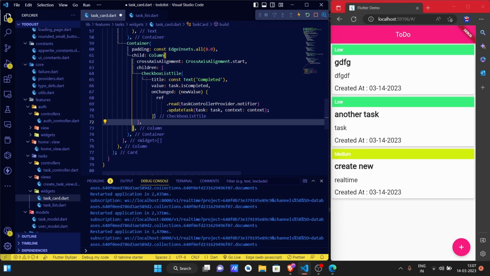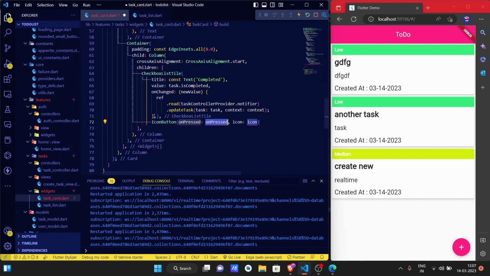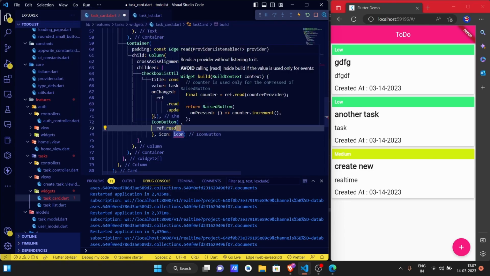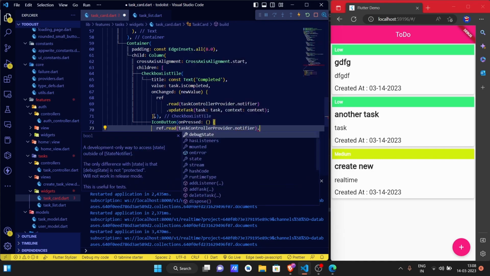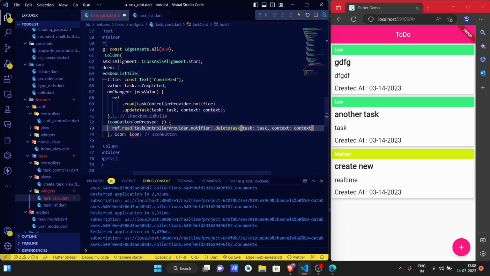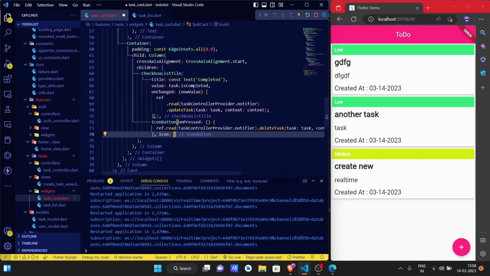Now after the checkbox style, we are also going to have an icon button, and onPressed we are going to give it a function, and this function is going to be ref.read, and it is going to be taskControllerProvider.notifier.deleteTasks, and it is going to be tasks context. Everything is done,